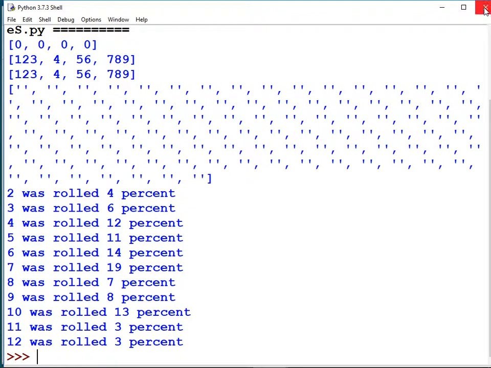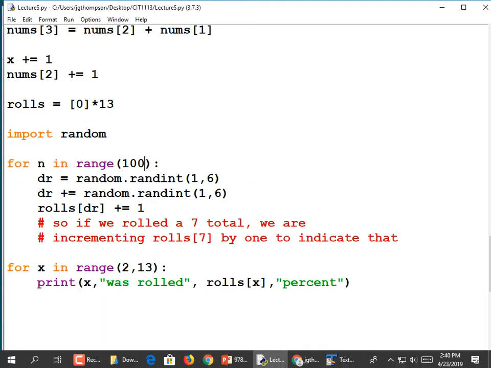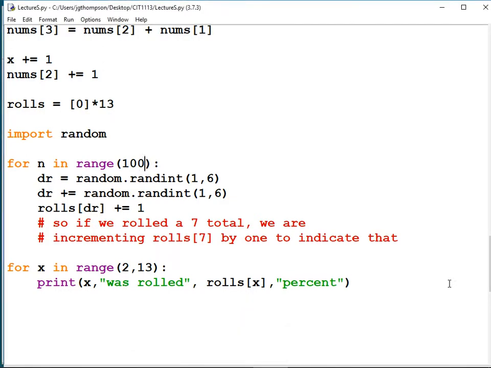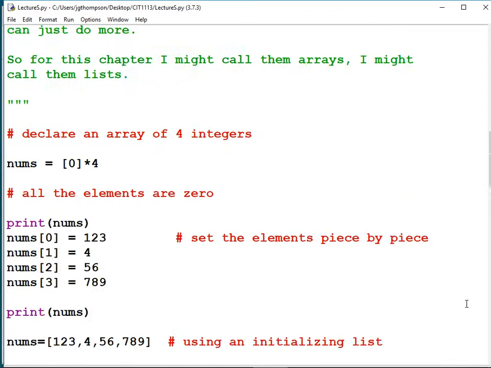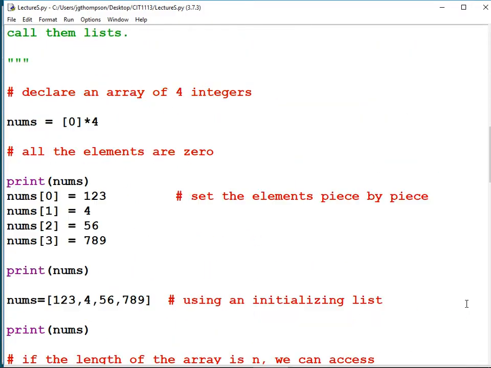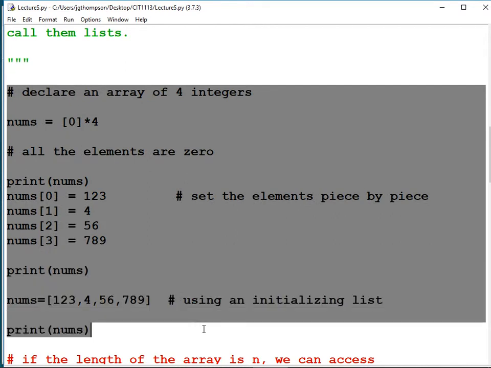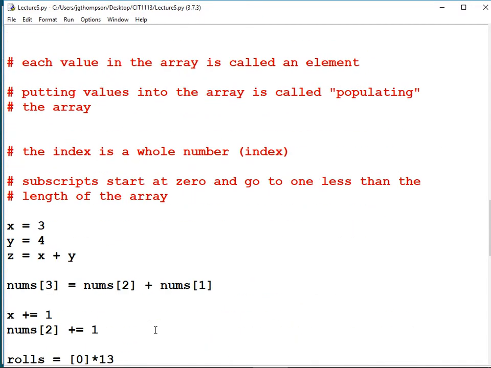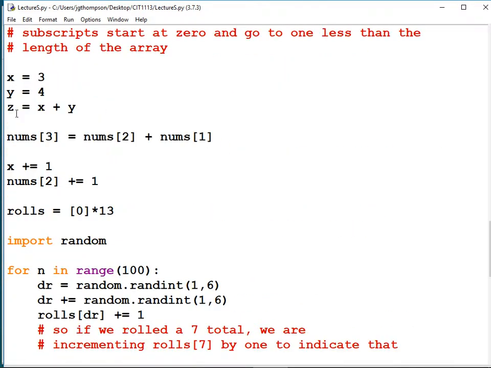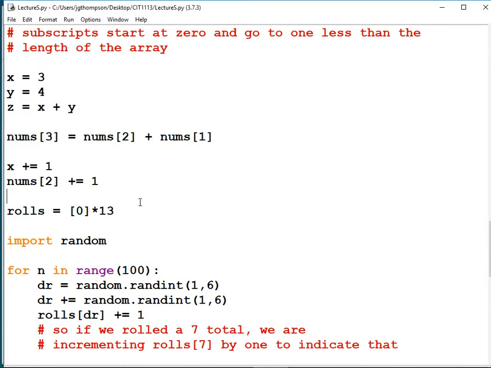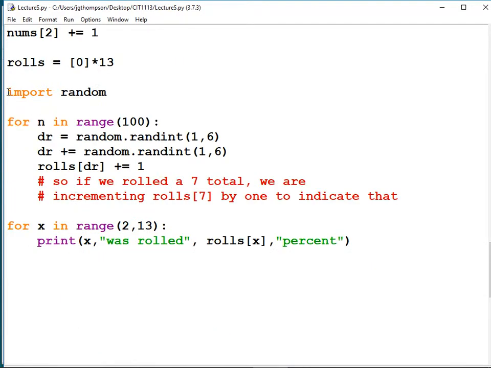All right, good enough. I want to make sure everybody's got this working now. Let's pause. All right, I'm going to scroll up to the top in case you at home were following along and getting errors in your code. You can eyeball it. This was the first chunk of code. Stop the video if you need to. We got some more code here. And then we got to our little die roller thing.